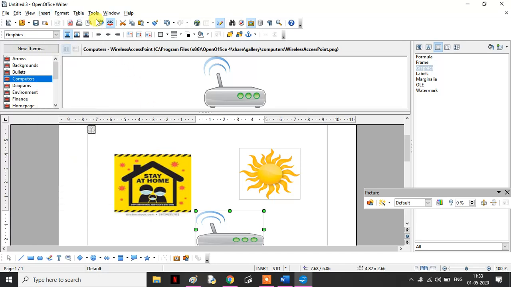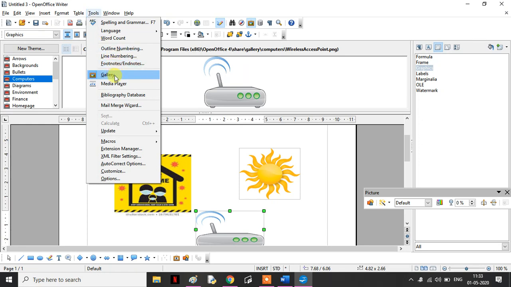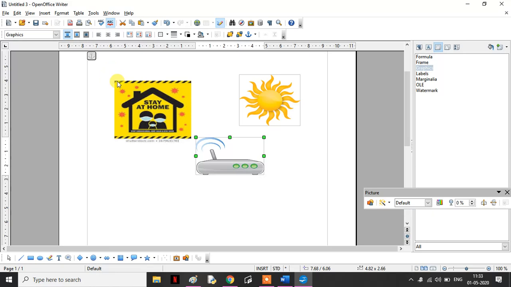The second way I have shown you is from Tools, where you open the Gallery. If I want to hide the gallery, I click on this again. It's like a toggle option, an on-off option. Once I click it will be open, once I click again it will be removed from the screen. So these are the different ways of adding images.